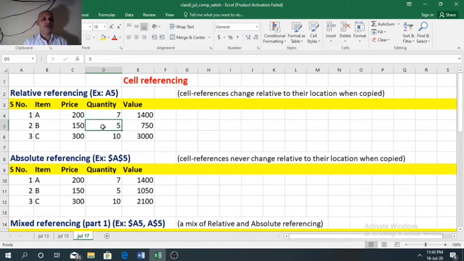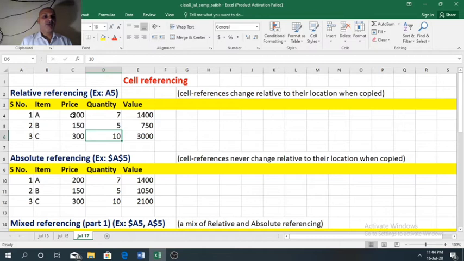It means while shopping we have purchased three types of items. Item A is purchased 7 in quantity, item B 5 in quantity and C 10 in quantity. So we want to find the value of these items.